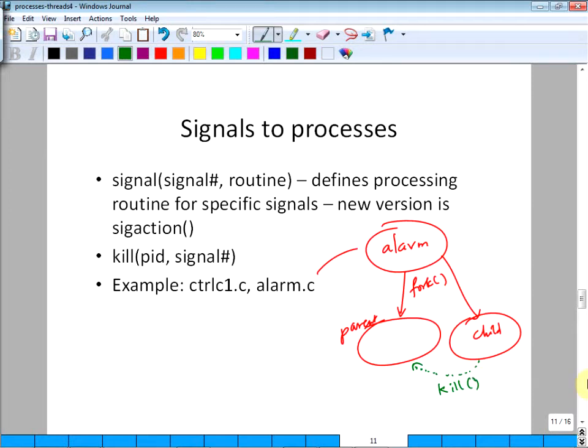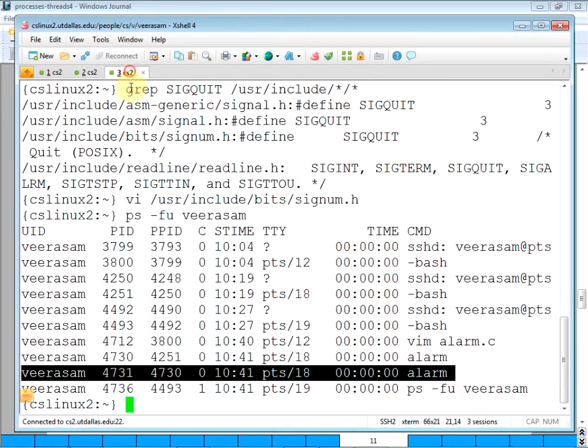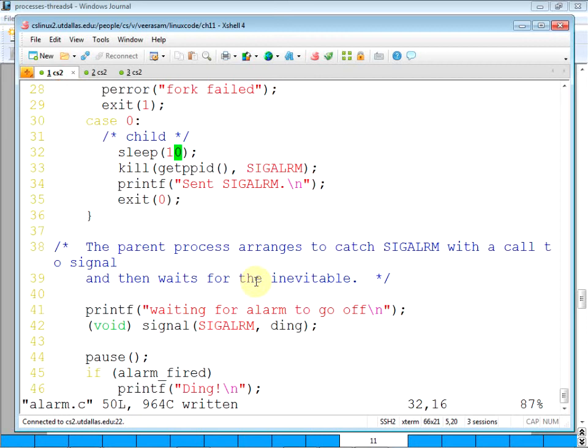So that's what signals can do. They can send these one-integer messages between the tasks, but you do need to know the task number. Otherwise, how will you send? So the child needs to know the parent's number, and the parent will know the child's number because fork returns the child's PID. You can store that if you want to communicate with the child. So you can make this a little bit fancier. You can even tell the child, go ahead and start the alarm, something like that.